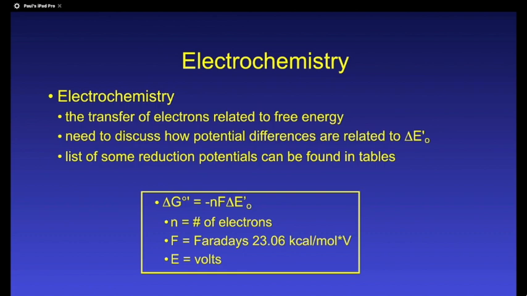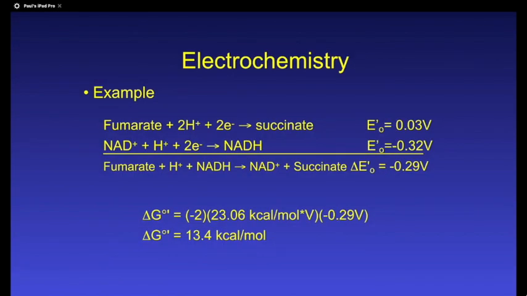which is also related to the voltage difference, and then the delta E is in the voltage depending upon what you use to do the reaction, and so that's dependent upon the two entities. As a very simple example, if we have fumarate plus 2 protons plus 2 electrons yields succinate, and NAD plus a proton plus 2 electrons equals NADH, we can look at that reaction and we can see the electropotential difference between those two values